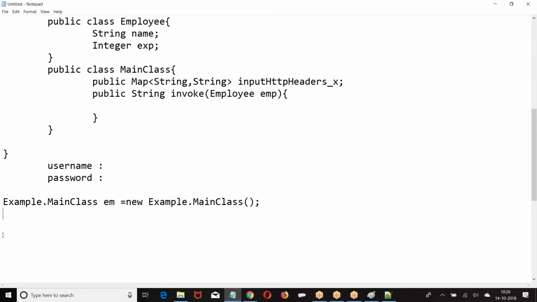Then we are supposed to put em dot input equal to new map. It is a reference variable. First allocate the memory, then put em dot.